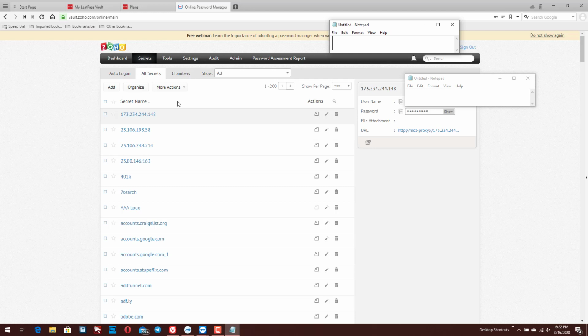So this is the main layout here, and you can go up here and search for any password or information that you have saved. Again, just like in LastPass, you can log in automatically by clicking on this button. It'll take you to the website and sign you in automatically. You can edit your entries, delete your entries. You can add screenshots. The one caveat to Zoho Vault is that you cannot